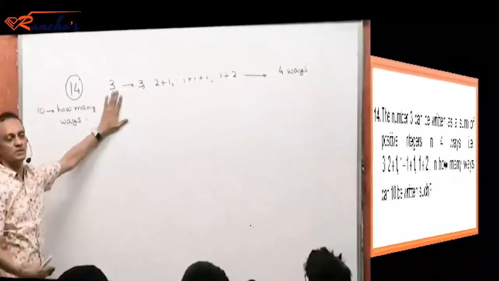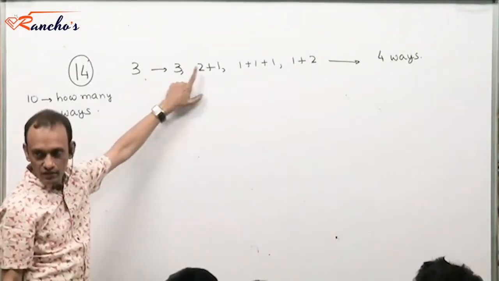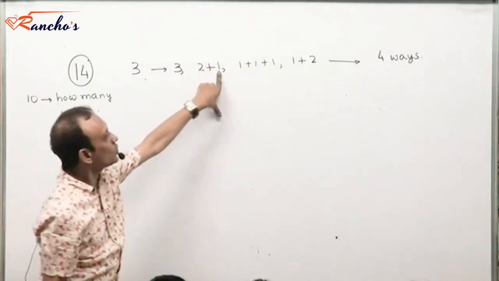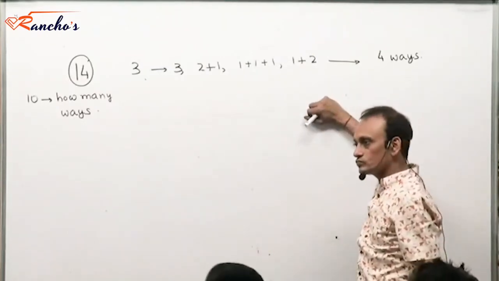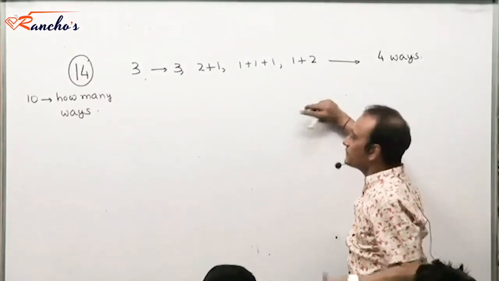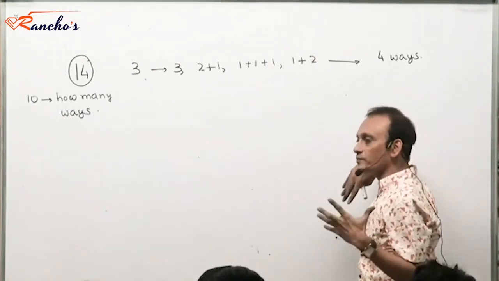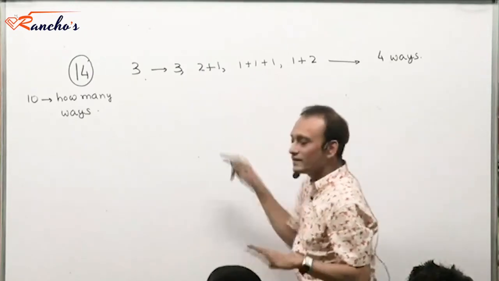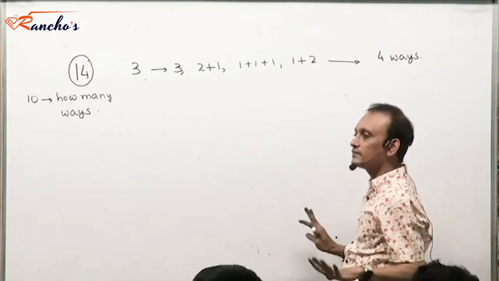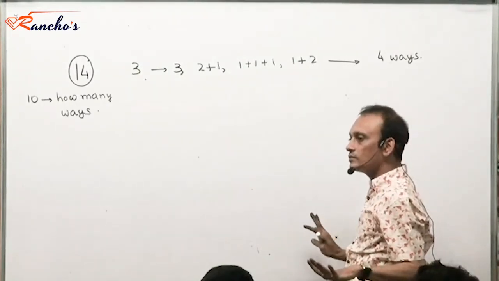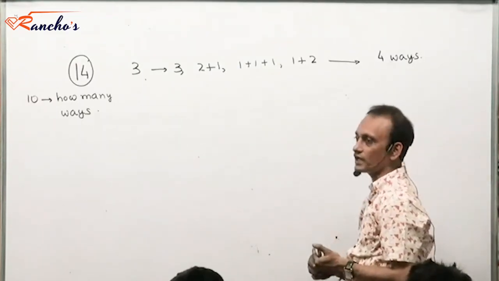I can partition the number 3 as follows. There is 3. I could write 3 as 3, or I could have written this as 2 plus 1, or I could have written this as 1 plus 1 plus 1, or I could have written this as 1 plus 2. This is one mode of writing. I'm just saying this is one mode of writing number 3. It's not about that. It's about the manner in which I'm spreading the numbers. Yes. In fact, it's making the problem easier. You'll realize that.